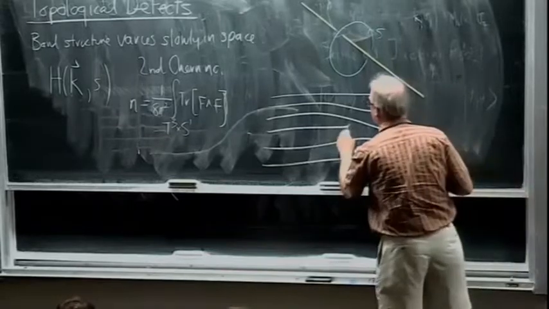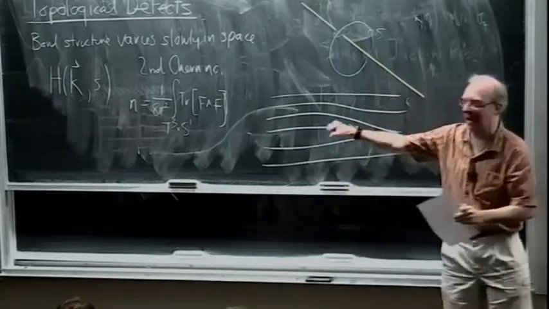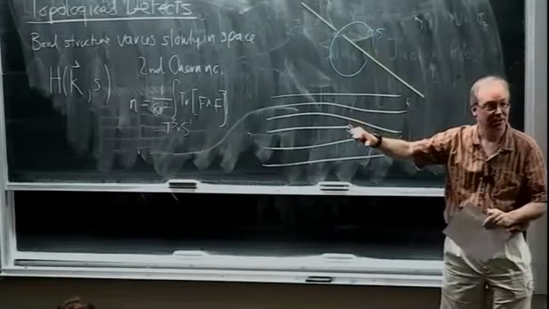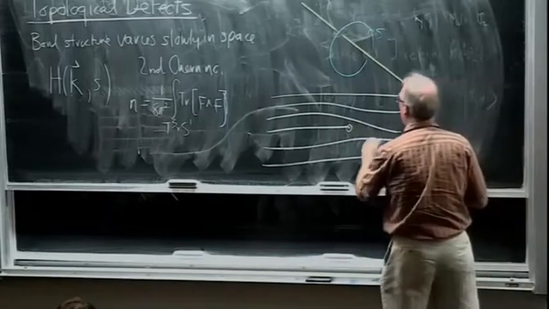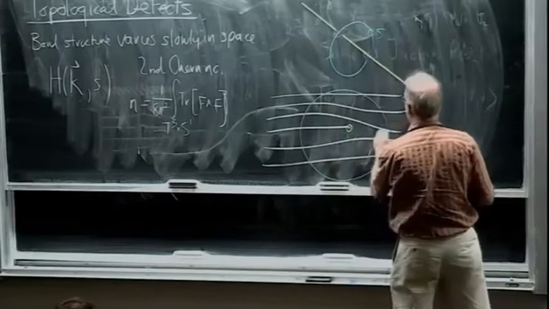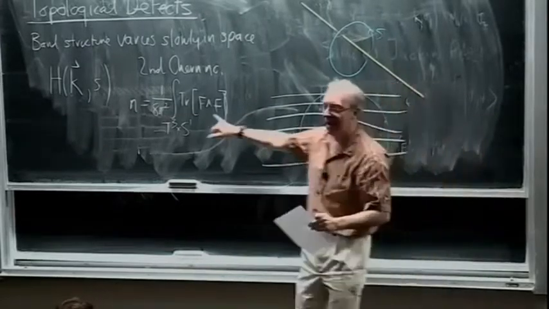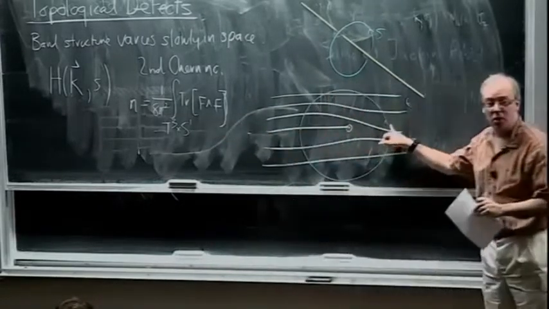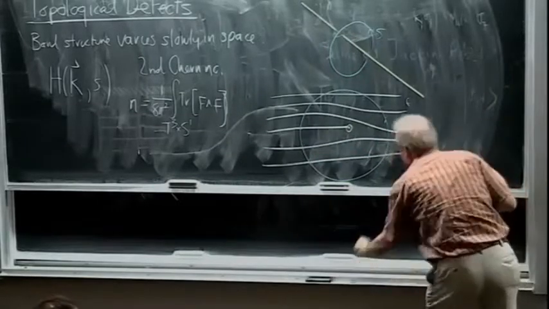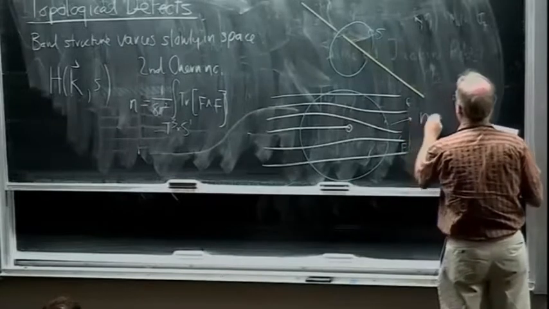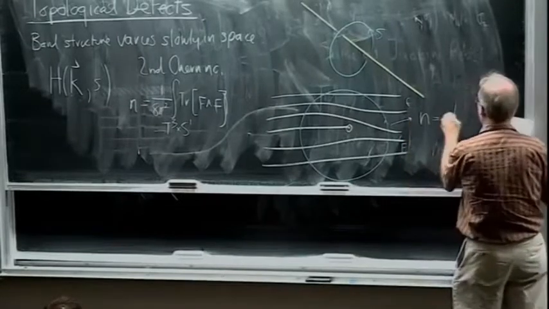Then obviously there's going to be a chiral edge state which lives on this dislocation line. An exercise you can do is to draw a circle here and evaluate this second Chern number on this circle. What you find is that you get n, which is basically equal to